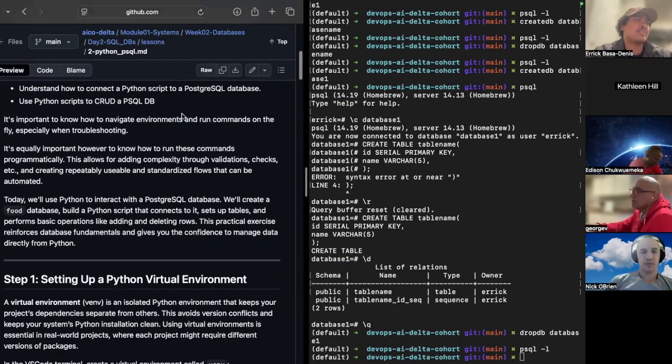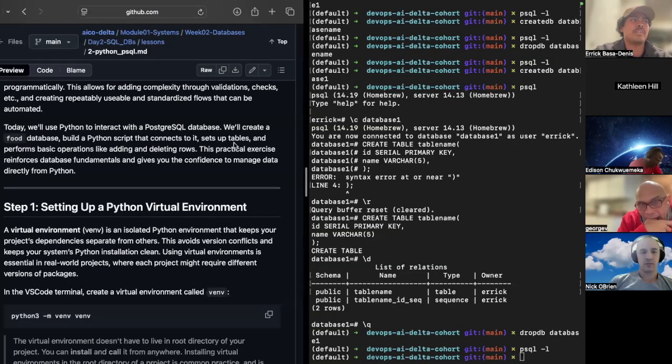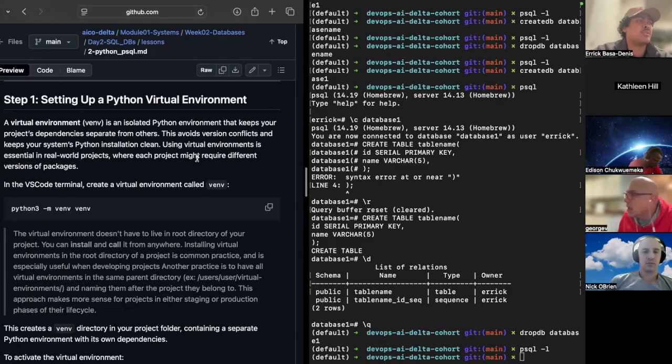It's important to know how to navigate these environments. And right now, we'll use Python to interact with a PostgreSQL database. We'll create a food database, build a Python script that connects to it, setting up tables, and performing basic operations like adding and deleting rows. So for step 1,